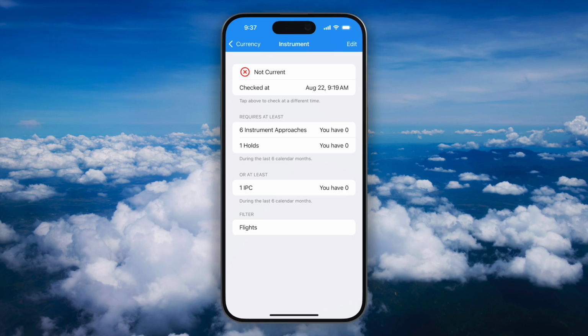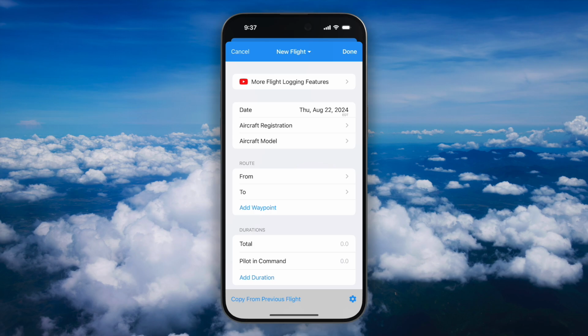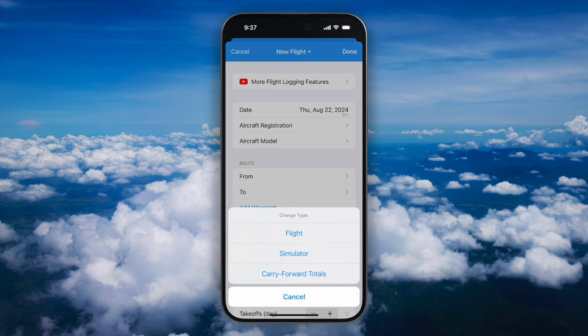Let's go back to the main screen. Jump back to the Flights tab there. And let's begin logging a new entry. So we're going to tap the plus at the top just as if we were logging a new flight. Now when the flight editor opens, we're going to tap New Flight at the top, and we're going to change this into a simulator entry. So we tap that, we choose Simulator from the menu,